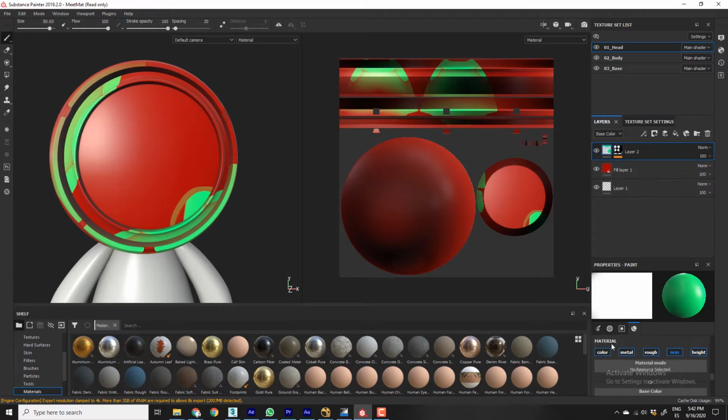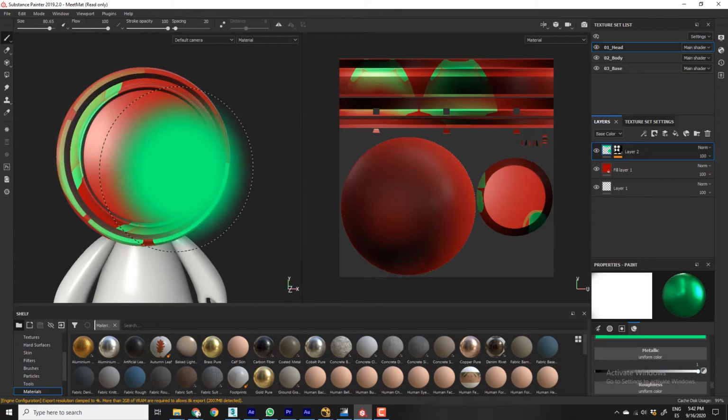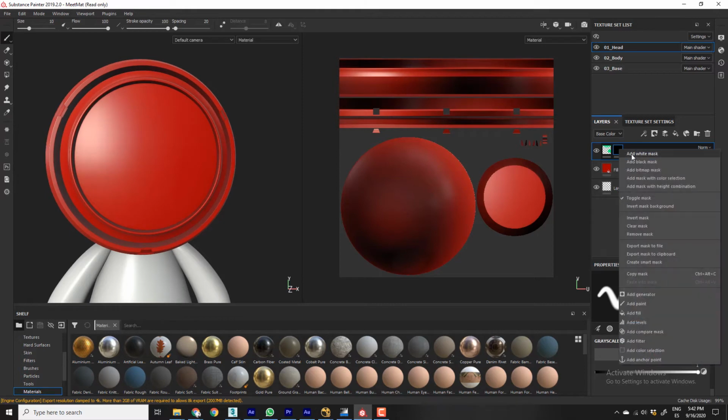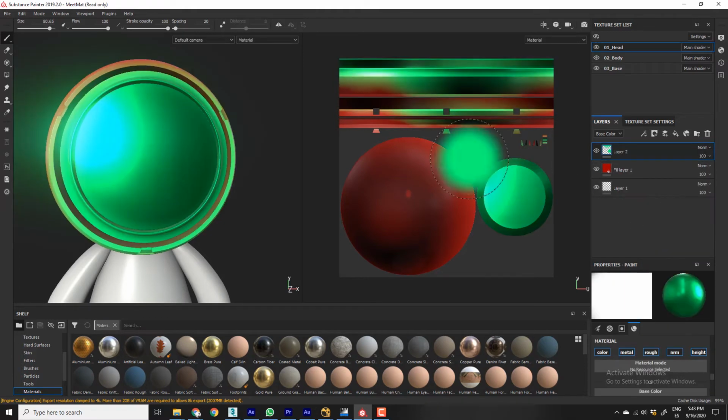So if we look here in the layer, we have different properties: color, metal, roughness, this one we won't look at this stage, and the height map. So if I change, we'll delete the mask first, just to showcase what every property is doing. So if I change the metalness property,